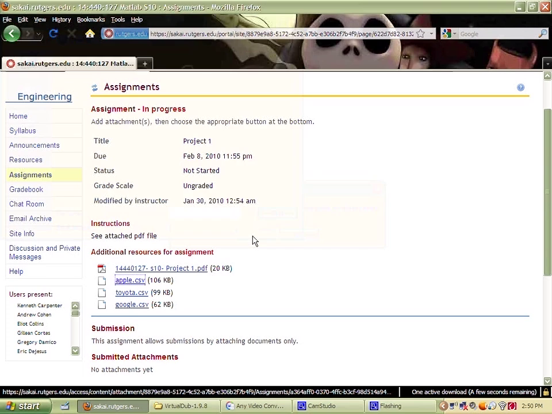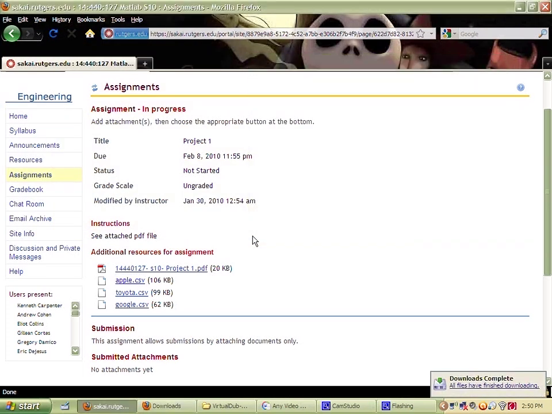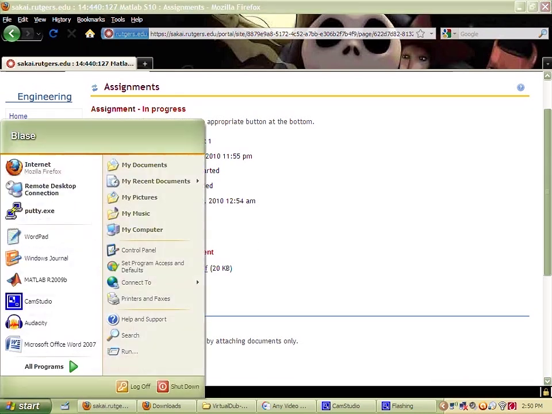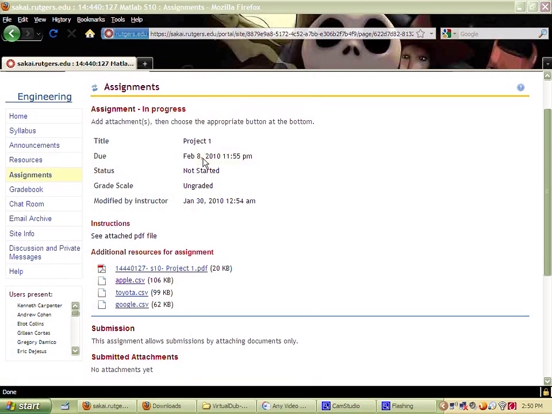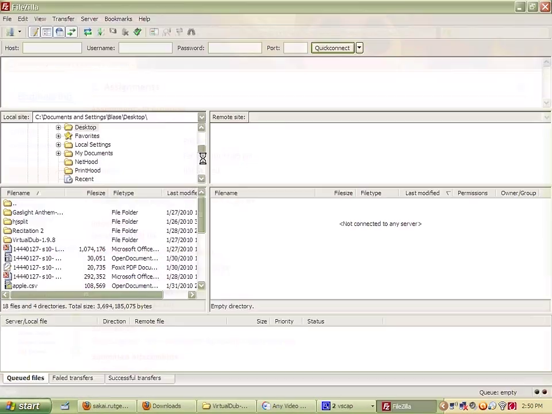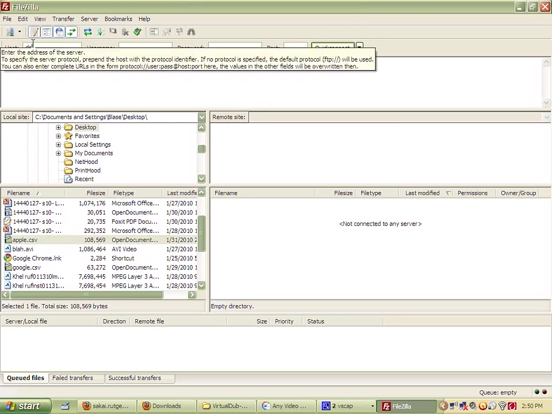Okay, great. So it's now on our desktop. Alright, so now what do we do? Now you install the program FileZilla. FileZilla is an FTP program, and it lets us basically connect to the remote computers. So we open FileZilla. Okay, so now let's go down here. So there's our file apple.csv. So now let's connect to